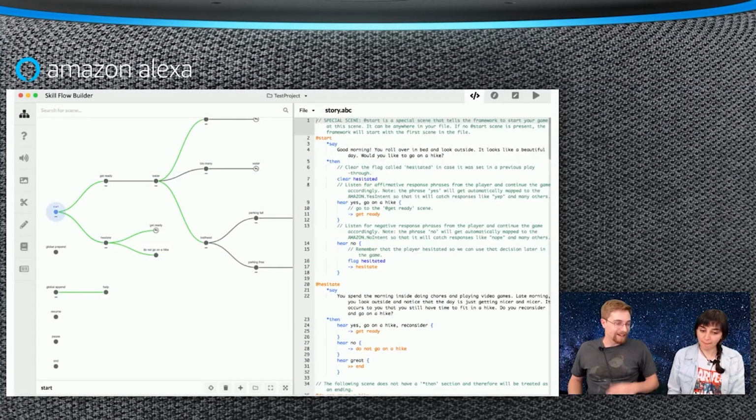Another tool that just came out is the Skill Flow Builder. This is both an editor and a core build system, which will create Node.js game skills. It's really good for larger teams who have separate editorial content teams from the engineering team. As an engineer, you can produce all kinds of custom plugins for this to do whatever you need to do in your game, talk to your services and whatnot.